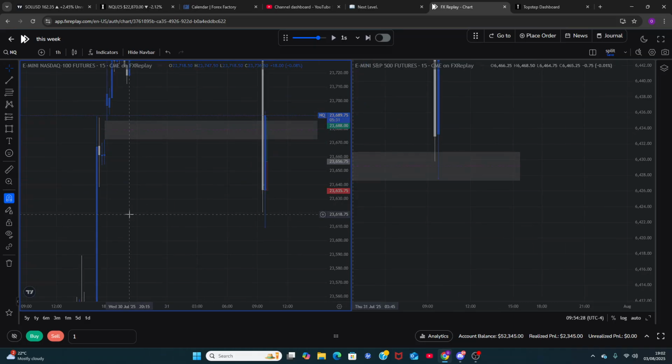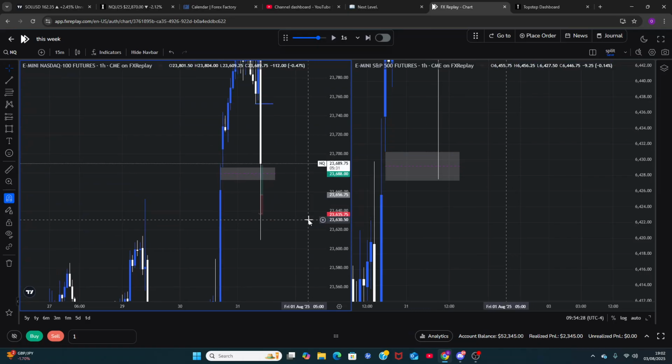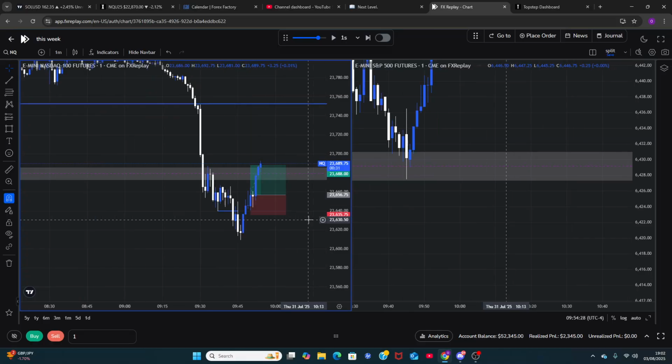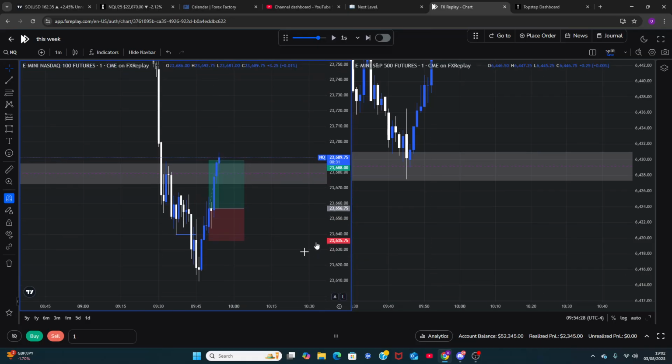Now notice on the hourly now, we're respecting it. So price just wanted to have a deeper fill. It just wanted to have a deeper fill. Now, you know, it's rebalancing now. Now it looks pretty good for sellers. But the buyers were optimal low-key.